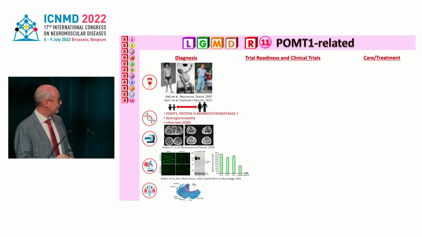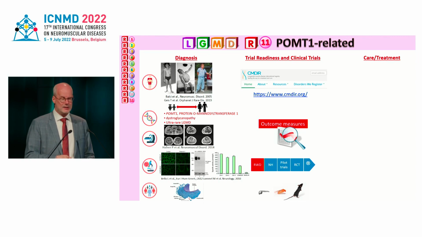So therefore you can also see that in patients with complete loss of function of POMT1, this is a Walker-Warburg syndrome patient, there's no alpha-dystroglycan staining, whereas it's reduced in the limb girdle ones. You can also see this on immunohistochemistry. Again, I think for the MRI, the tibialis anterior is always very well preserved. It is an ultra-rare limb girdle muscular dystrophy. It's resident in the ER. And in terms of